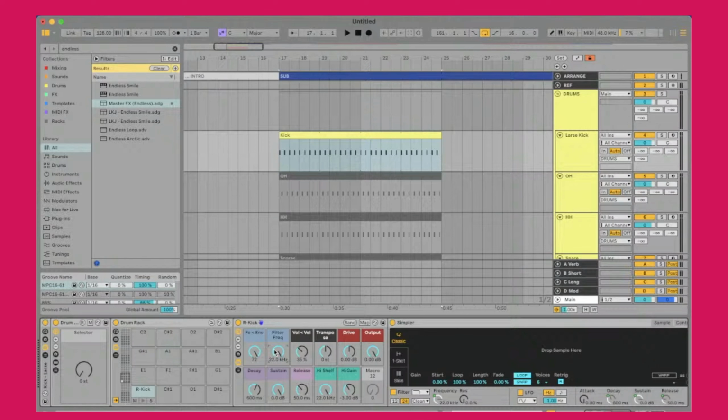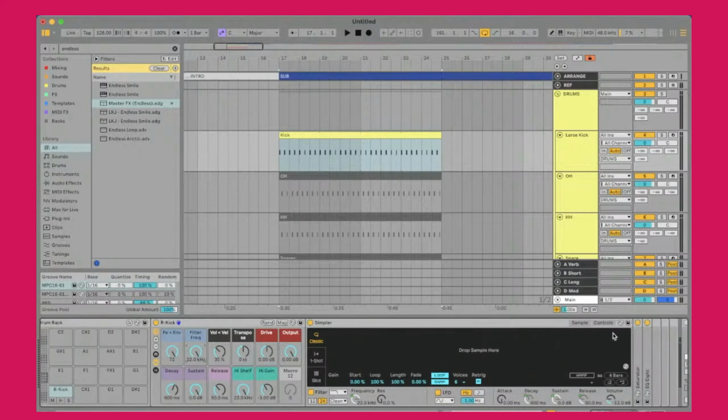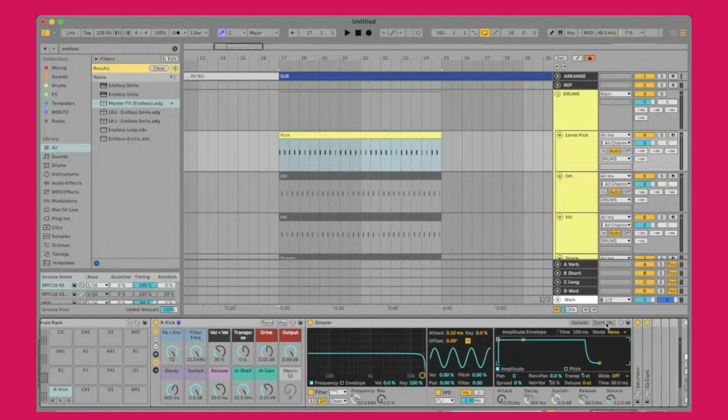It's going to basically roll off a lot of the high end. So what you want to do there is try to remove hi-hats or melodic elements so you just have the kick by itself. If you turn on this filter envelope thing, which I believe is under controls,